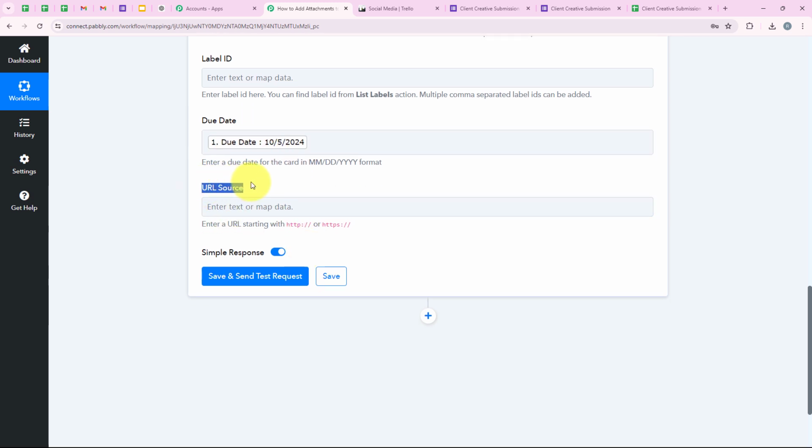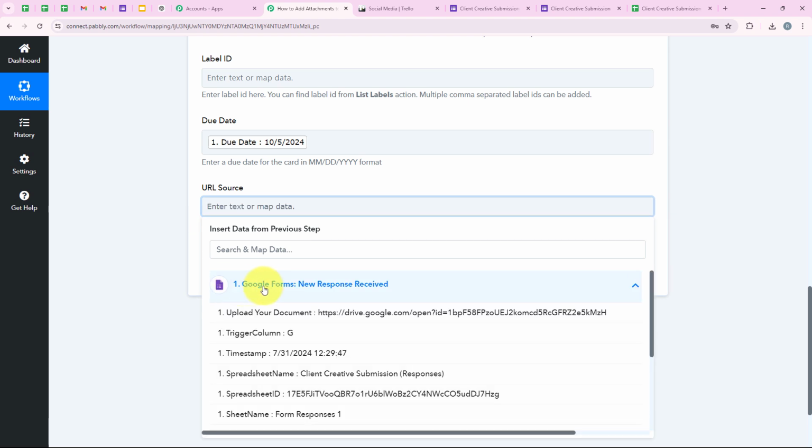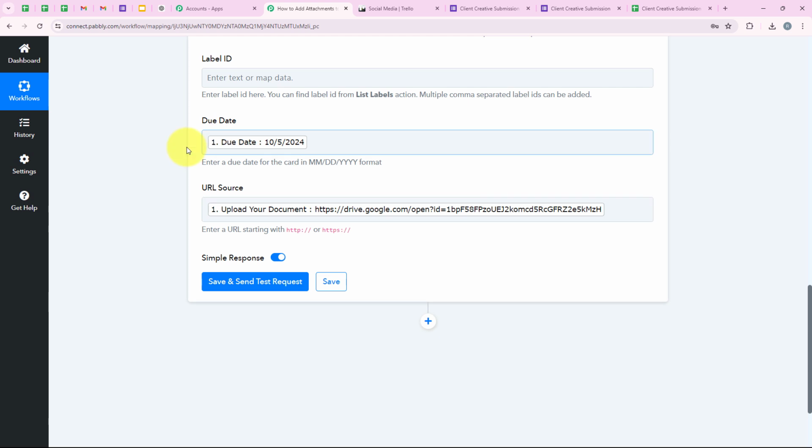It is asking me for the URL source. So we are going to map the attachment. Over here you can see upload your document. So this is the attachment. So I'm going to map this, and over here you can see enter the URL starting with HTTPS. Or you can see that you have to map the URL starting with these two only. So I've mapped it with this only, and then we are going to click on save and send test request